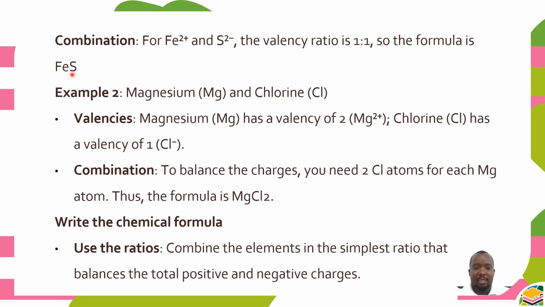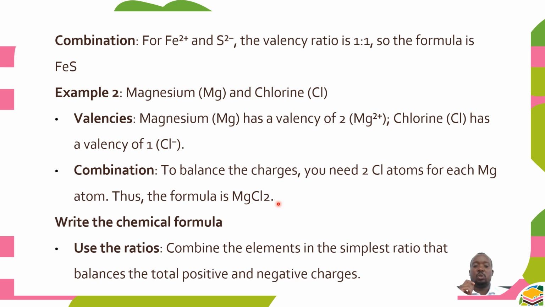For iron sulfide, 2 2. If we simplify further, then there was 1 to 1. Here, for magnesium chloride, magnesium has a valence of 2, which will be interchanged with the chlorine, which has a valence of 1. So if you interchange them, then magnesium will have 1 as a subscript, then 2 for chlorine as the subscript. So you write the chemical formula, you use the ratios, you combine the elements in the simplest ratio that